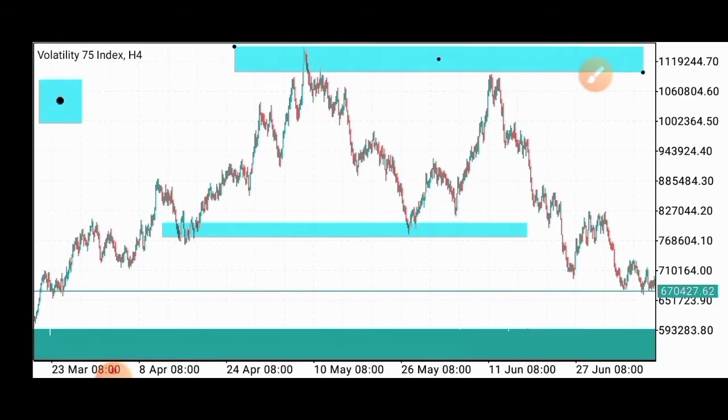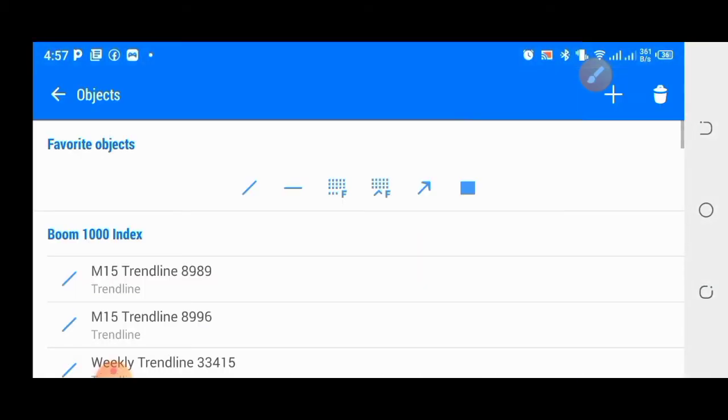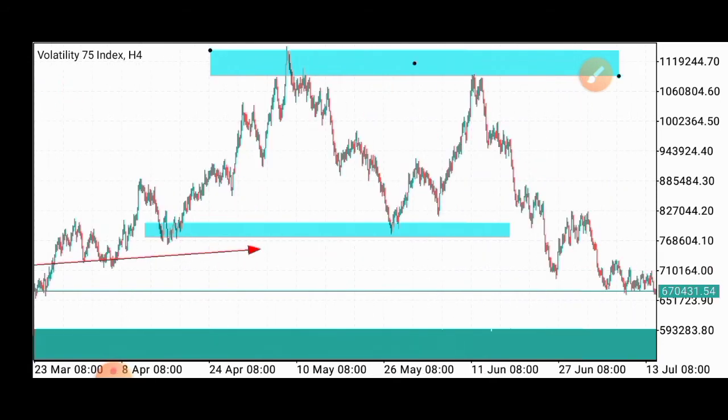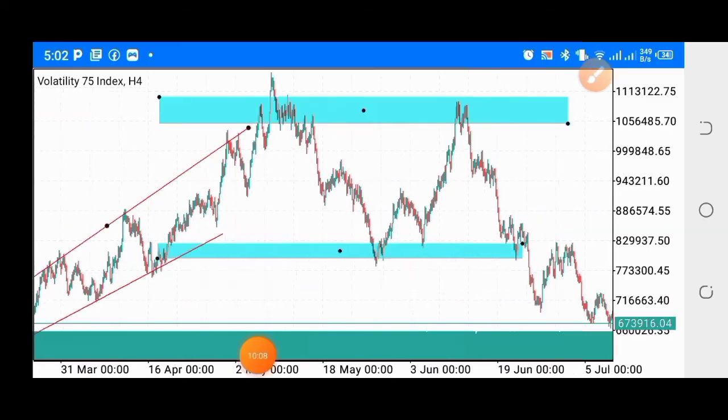We also have what is called the potential resistance and the potential support, because like this one here, you see, this is dynamic support. This is another dynamic support. This is a dynamic resistance. This is dynamic resistance, and this is where you're gonna be needing your trend line. So if you follow this market all along